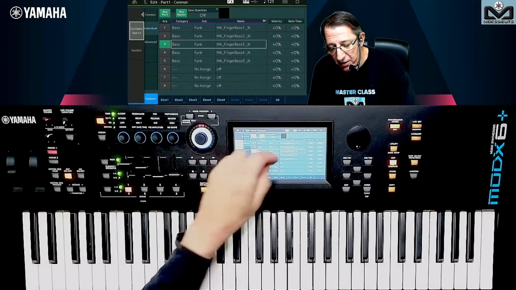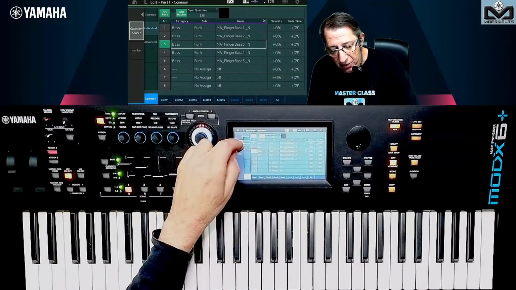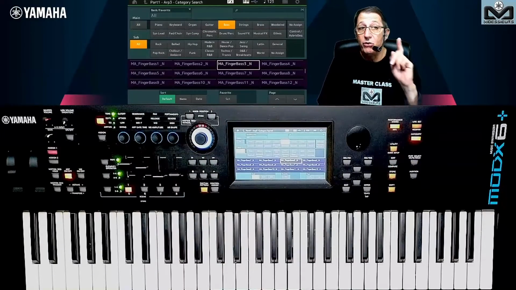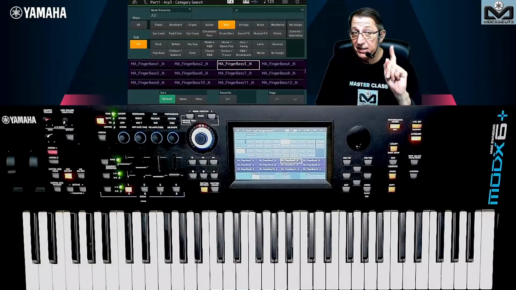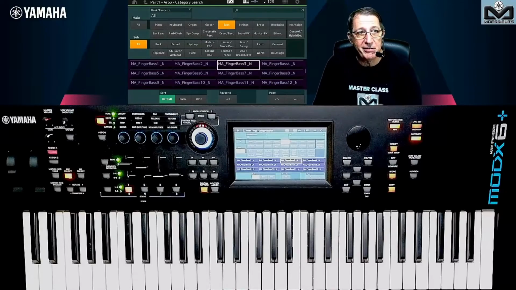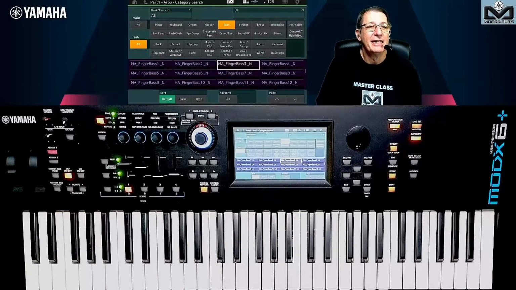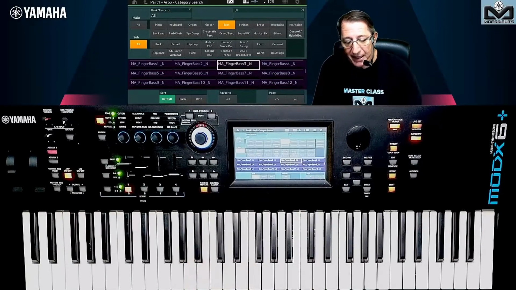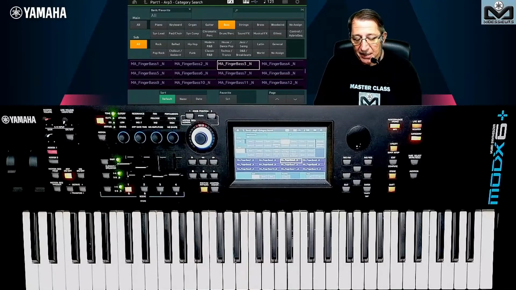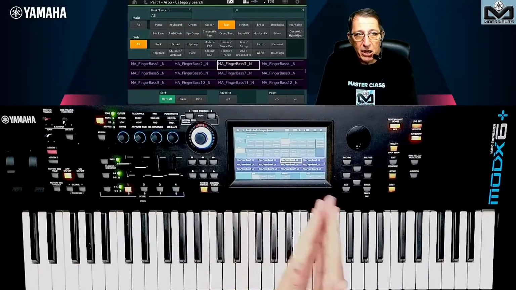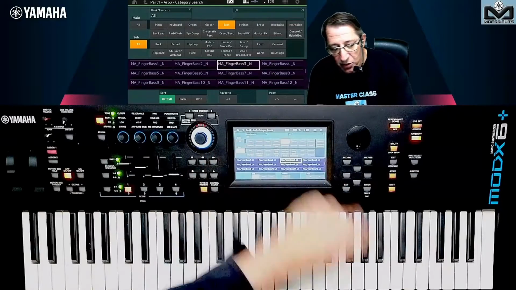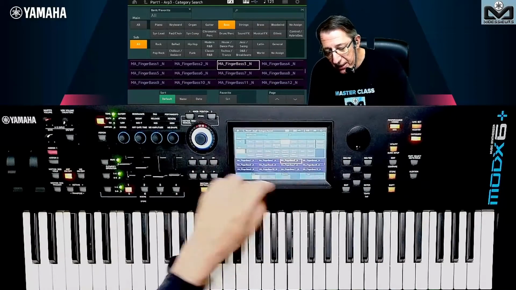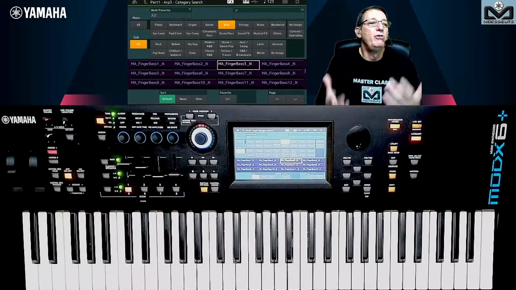And when you press on the name of one, you can open the category search for the arpeggio. This is not the performance category search. This is not the part category search. You see on the top of the screen, this is the ARP category search. So you have by instrument on the top, in the category, piano, keyboard, etc., etc. And you have subcategory, which is more about music style.